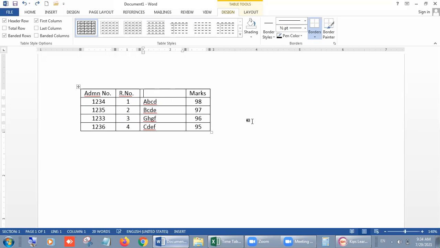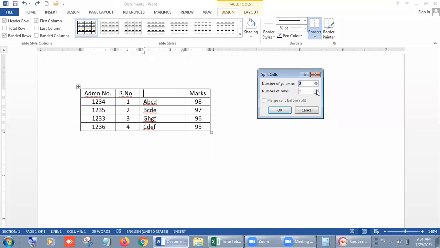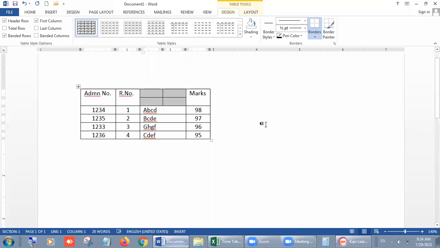Right, students? And if you want to split rows also, then you can do the same. Right click inside it, then split cell. This time, suppose I am using two columns and two rows. Look what will happen. Look, students, now we have two columns and two rows. These are two columns and these are two different rows, but it is inside a single cell. Now it is splitting. Its reverse is merge.